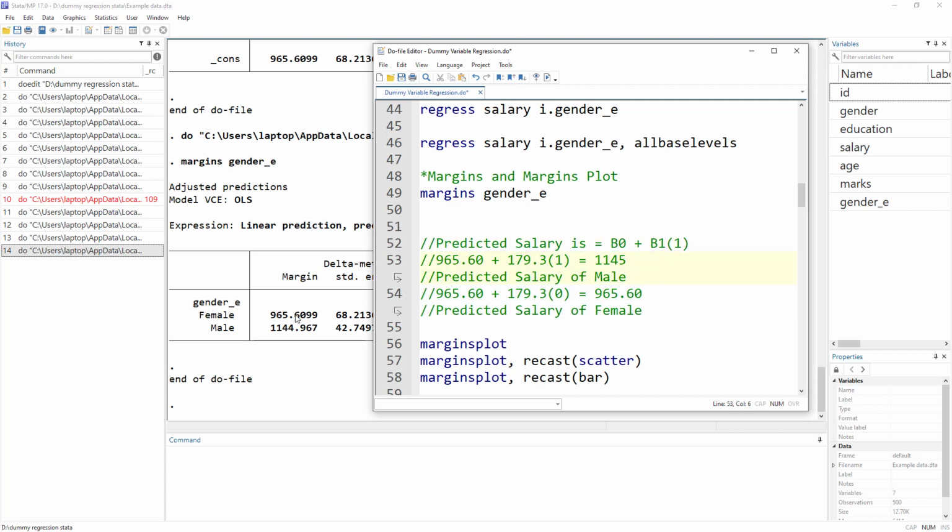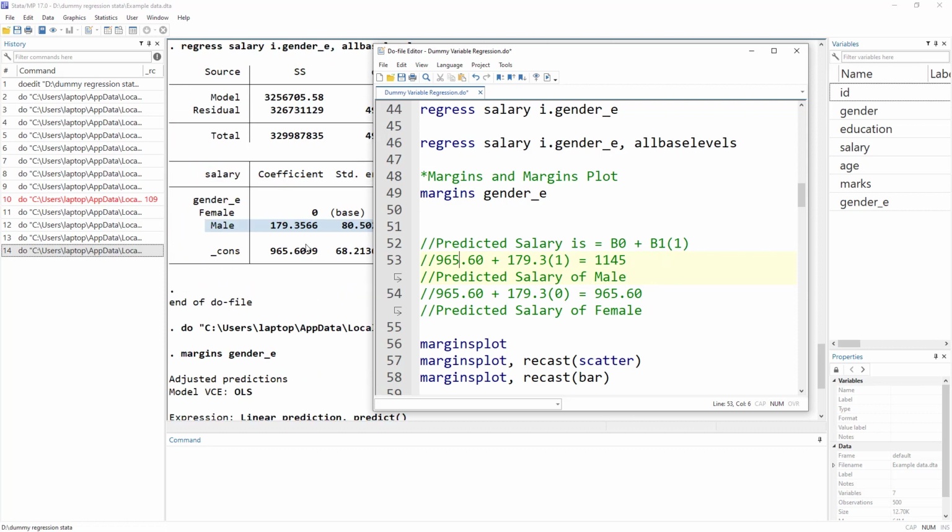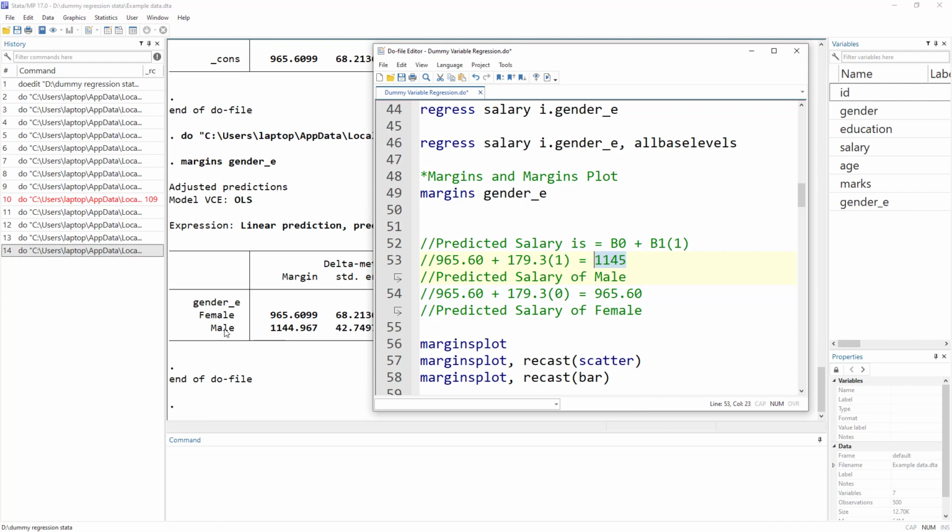Okay, so we had this constant or beta naught of 965.6 plus this slope coefficient 179.3. So male had a value of 1. So if we multiply that, we get the expected salary of male, which would be 1145. And this is what we get. This is the expected salary of male